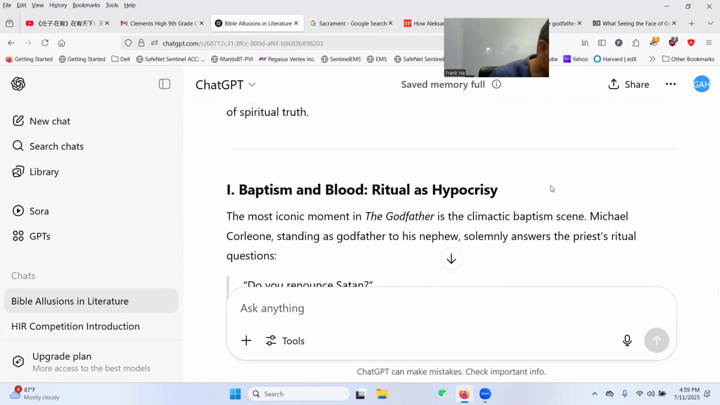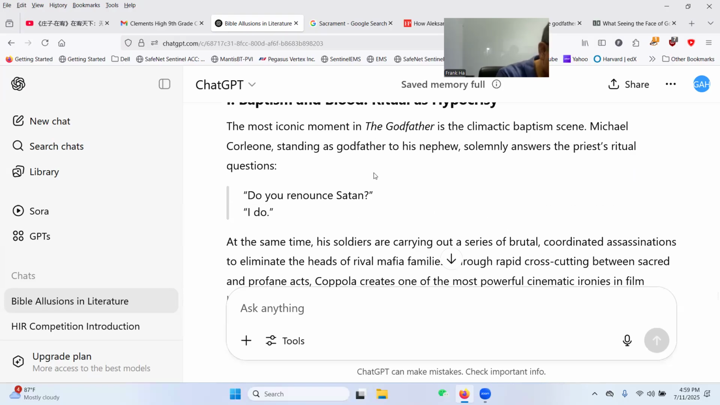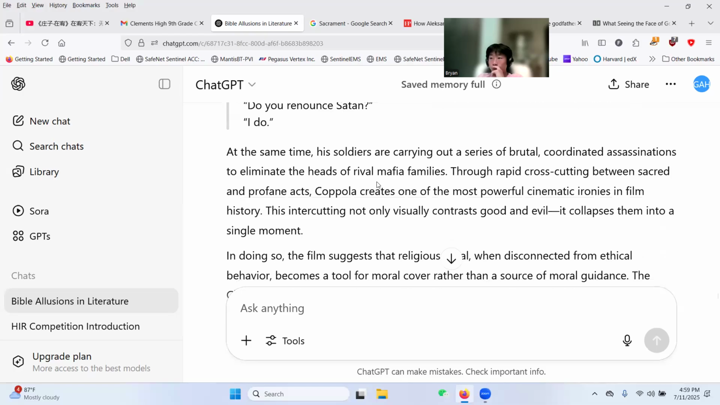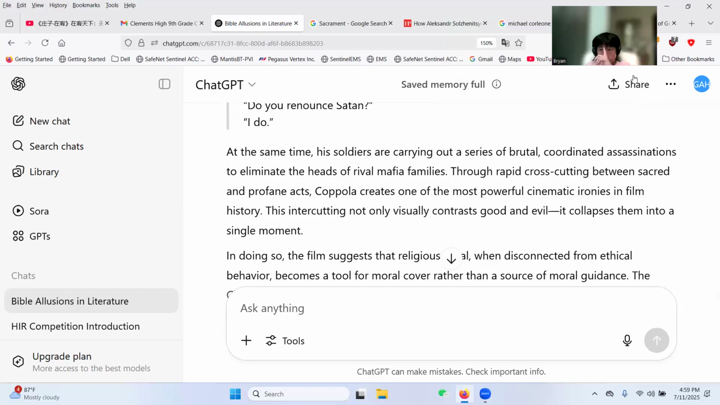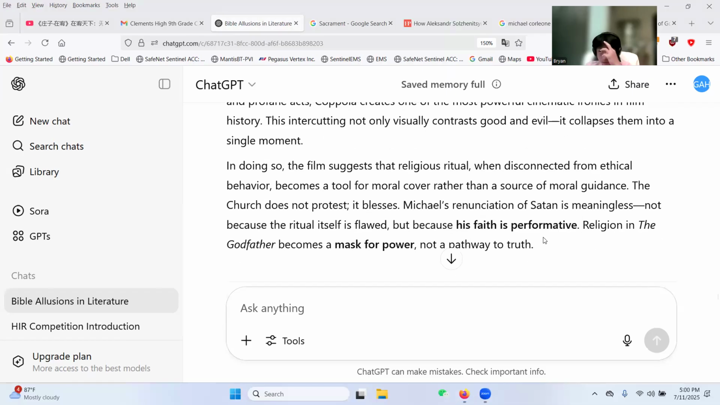Whose turn? Brand. Wonderful kids. Go. The most iconic moment in The Godfather is the climactic baptism scene. Michael Corleone, standing as godfather to his nephew, solemnly answers the priest's ritual questions. Do you renounce Satan? Yes, I do. At the same time, his soldiers are carrying out a series of brutal, coordinated assassinations to eliminate the heads of rival mafia families. Through rapid cross-cutting between sacred and profane acts, Coppola creates one of the most powerful